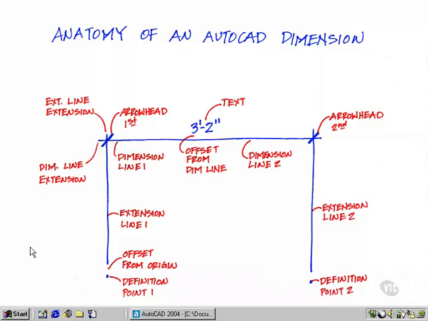dimension appears correct. Let me first explain, beginning down here, this dot that you see is referred to as a definition point. If I select this point first in my AutoCAD drawing, this is then my first definition point, and this becomes my first extension line, and this is my first half of the dimension line. I then go and select the other point, and that will place the second definition point in AutoCAD, and it will also continue by placing the second extension line and the second arrowhead and the second half of the dimension